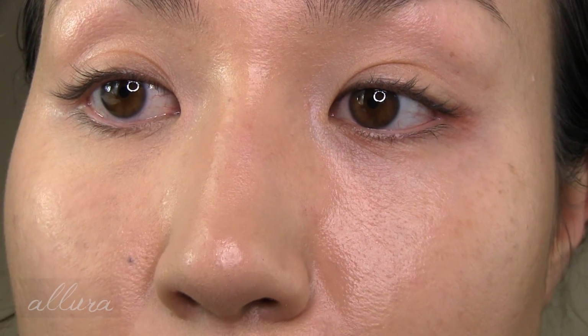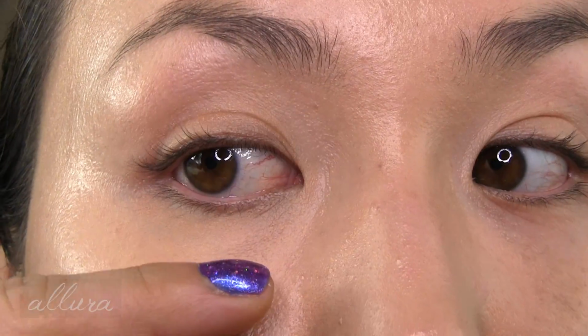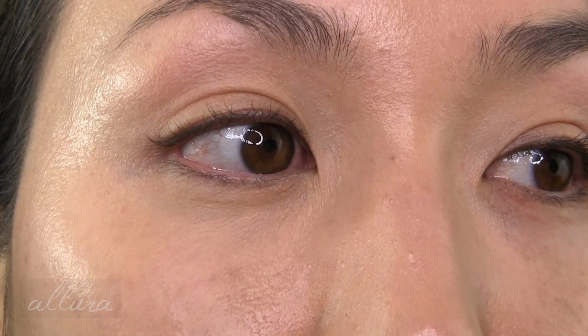All right, so I have let the concealer really sink in and settle. So this is 2 layers applied, or 1.5 layers applied, and then pressed in with my fingers. So you can see definitely really nice coverage compared to the non-concealed side. But I will say, if you look up close in the inner corner, you can see that kind of scaly texture,